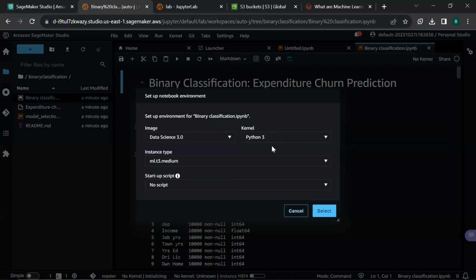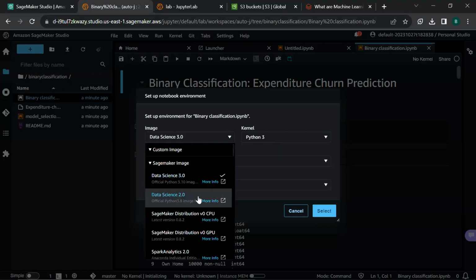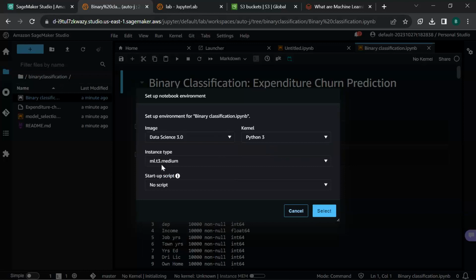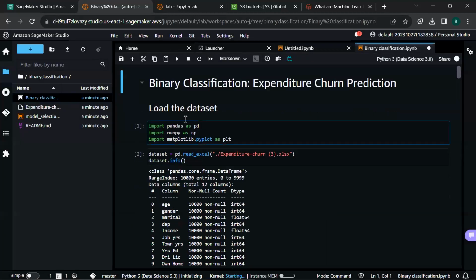And by default, it is going to populate Python 3, but you can select whatever you wish. So if you had included a different kernel, let's say data science 2.0, it would have given you more options on the kernel. We are also going to go with the default ml.t3 medium instance. So let's click select and give it time to create that.